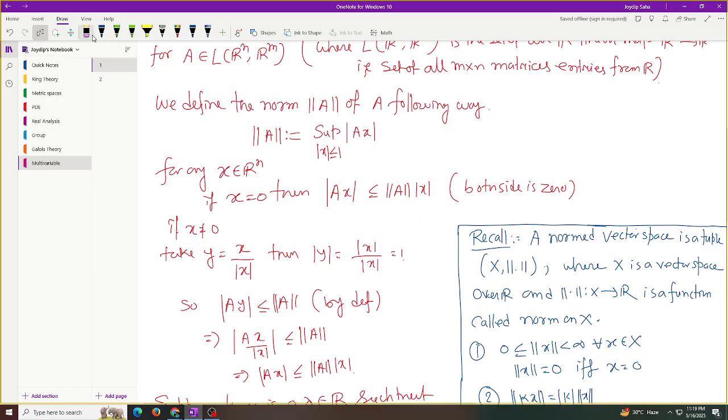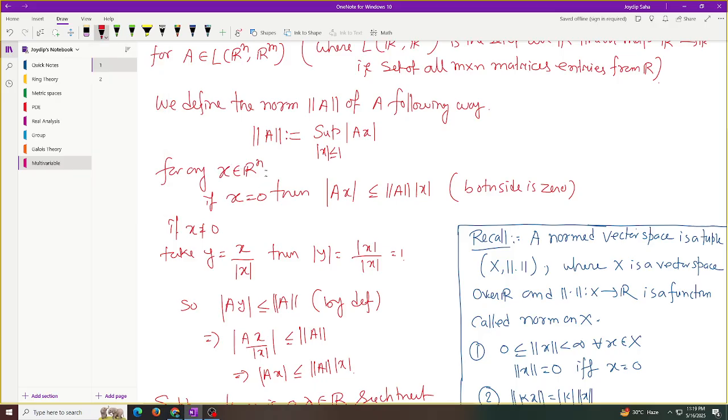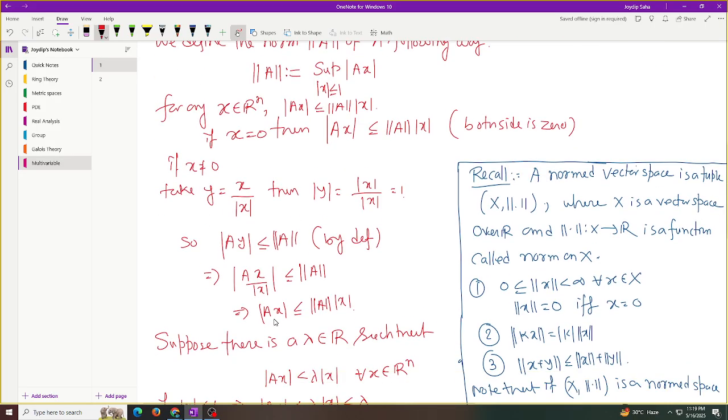So I should write here what I want to show, mod Ax. Okay. So using this, mod Ax is less than or equal to norm A into mod x,